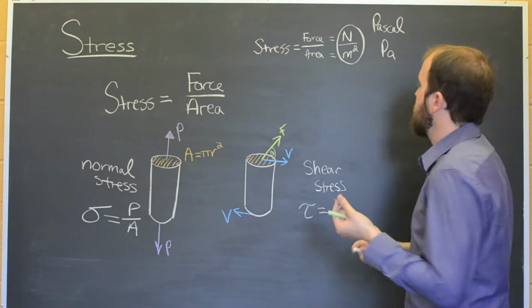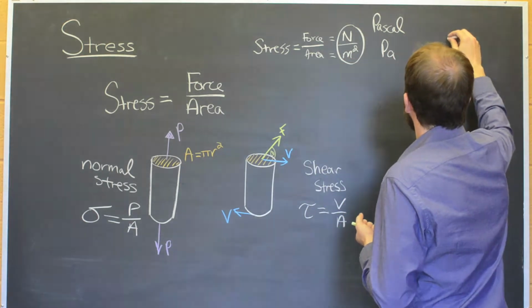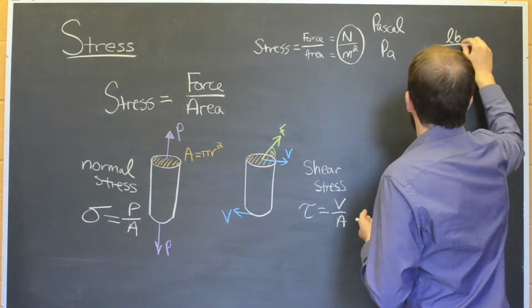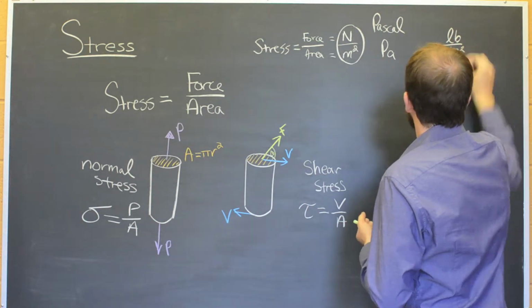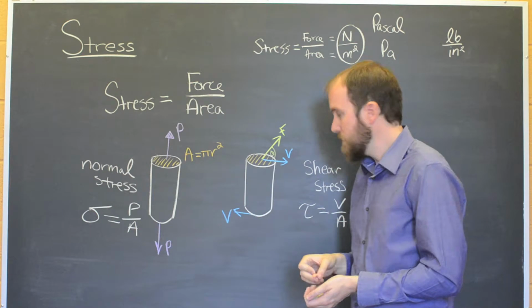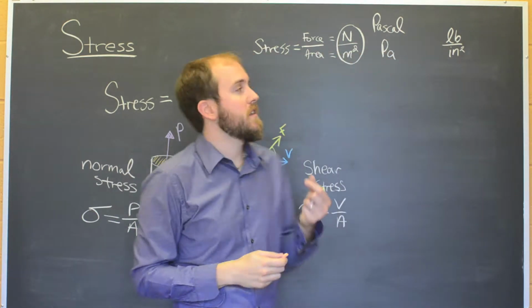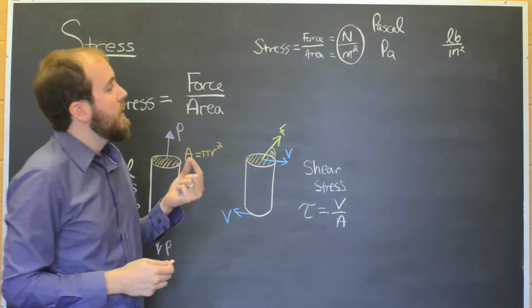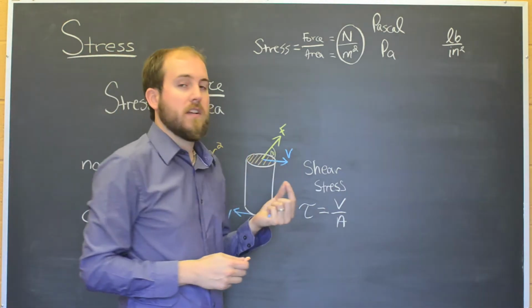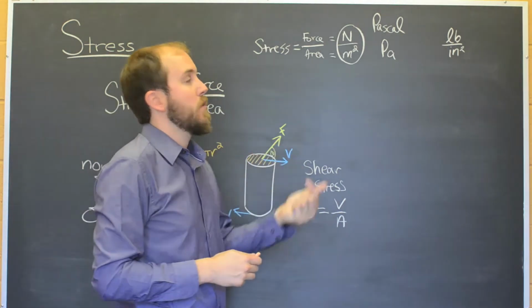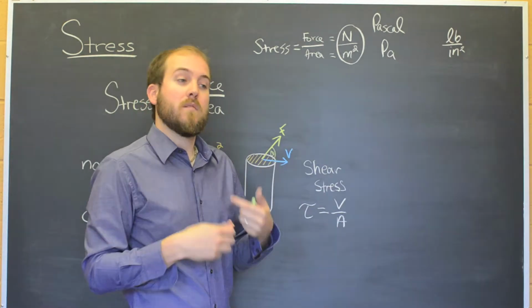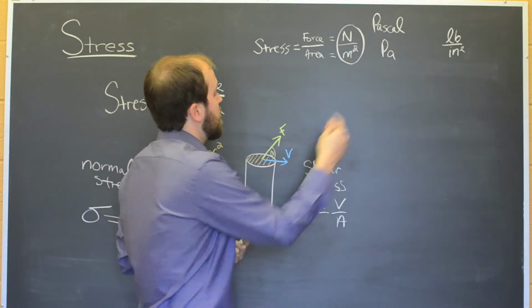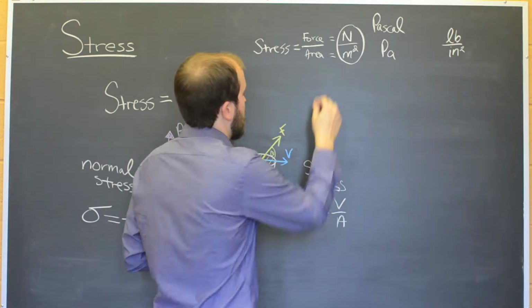In US units, it's customary to see pounds per square inch. Now the Pascal is an inconveniently small value of stress. And so what that means is you'll often encounter stresses on the order of 10 to the 3 Pascal, 1,000, 1,000,000 pascals. And so it's important to be familiar with